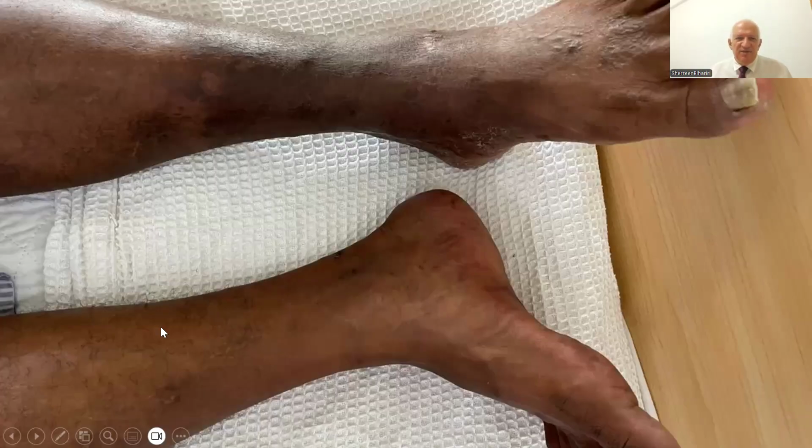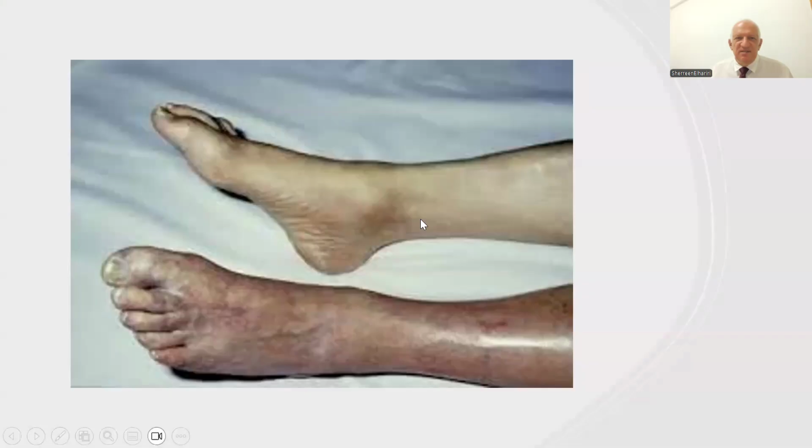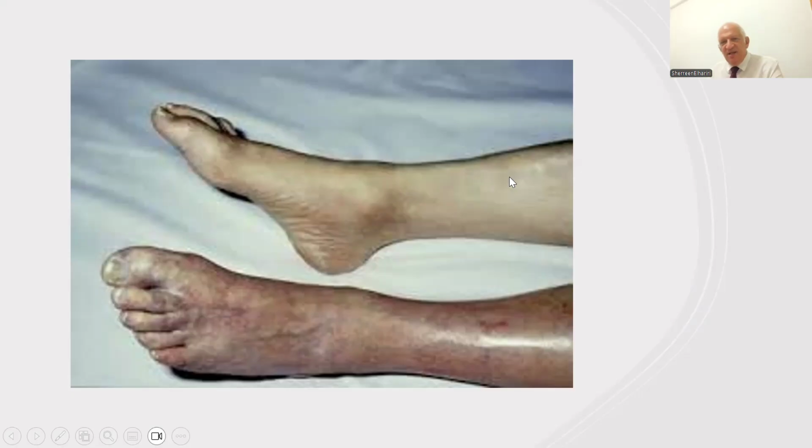So looking at the leg, for example, you can find some discoloration. We call it lipodermatosclerosis, due to venous hypertension. These patients have no loss of hair. They have brittle nails, no fungal infection between the toes, no wound, no ulcer, something like this. Or the leg is very pale, and when you put your hand, it's very cold, with loss of hair, so it is ischemia. Okay? After that,